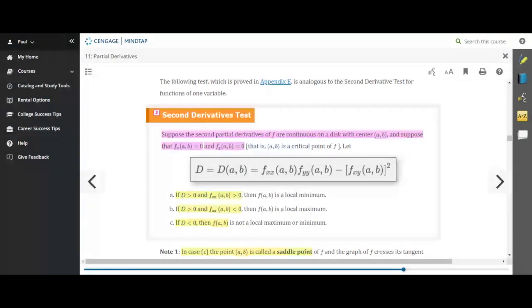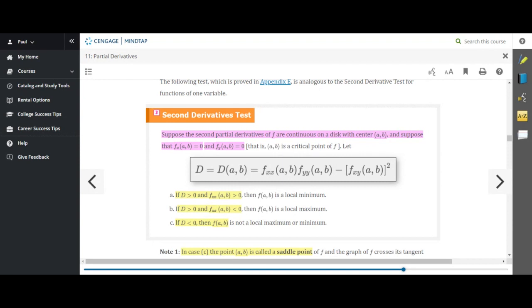So first of all, we have to find the critical points, and that's when we set those first derivatives equal to 0. And then after we do that, we utilize this D function, which is defined as you see it. And based on A, B, and C below, that determines whether the critical point indicates a minima, a maxima, or a saddle point,